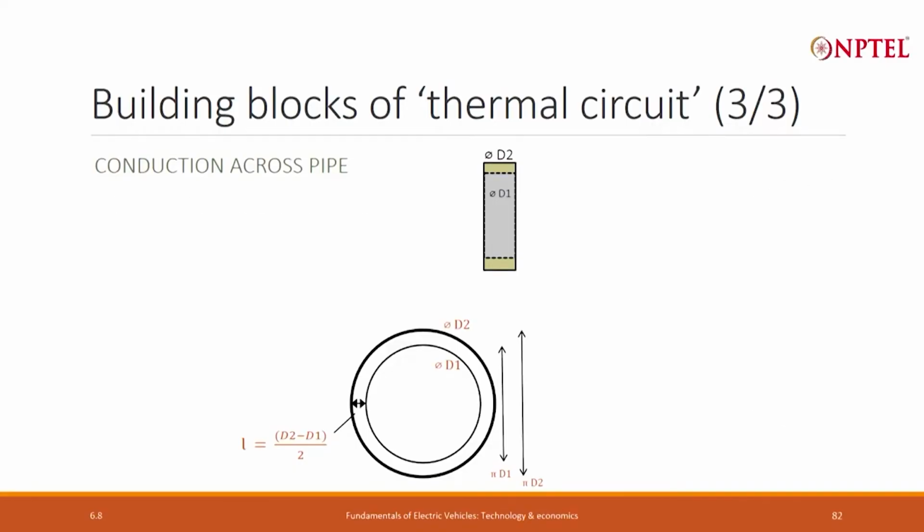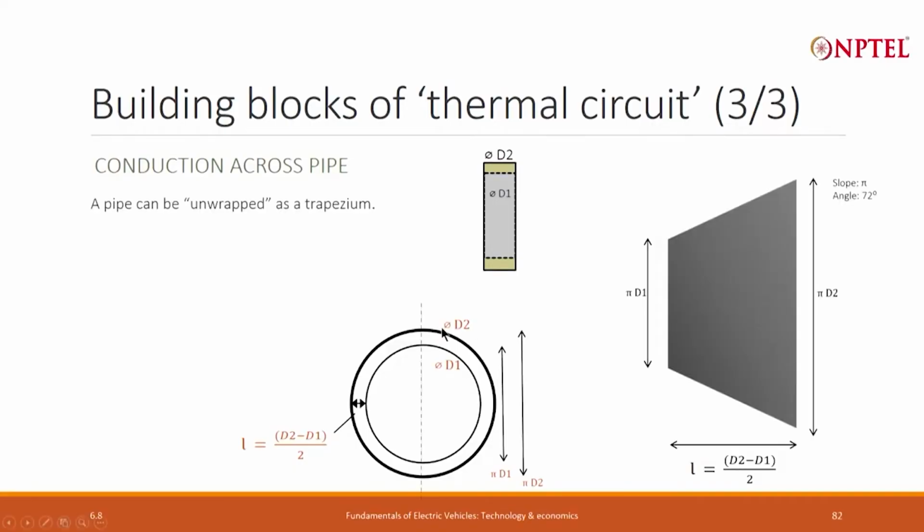So, the first thing that I will do is I will cut the pipe over here. The outer diameter is d2 and the inner diameter is d1. If I simply cut it here and then stretch it open and flatten it out, then I will see that actually what I have is a trapezium. It is a trapezium where the longer side is equal to the circumference of the outer circle, which is pi d2, and the shorter side of the trapezium is the circumference of the inner circle of the pipe, which is pi d1,